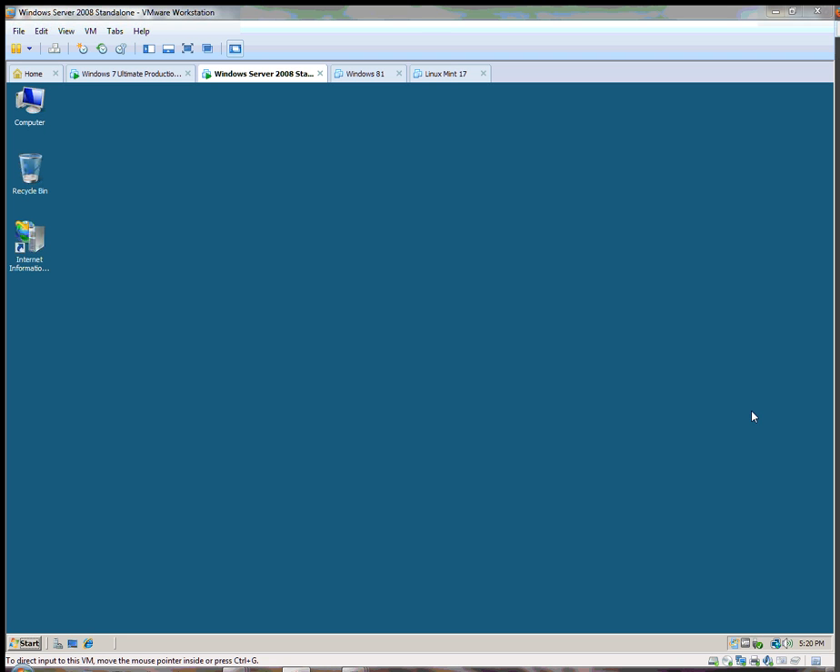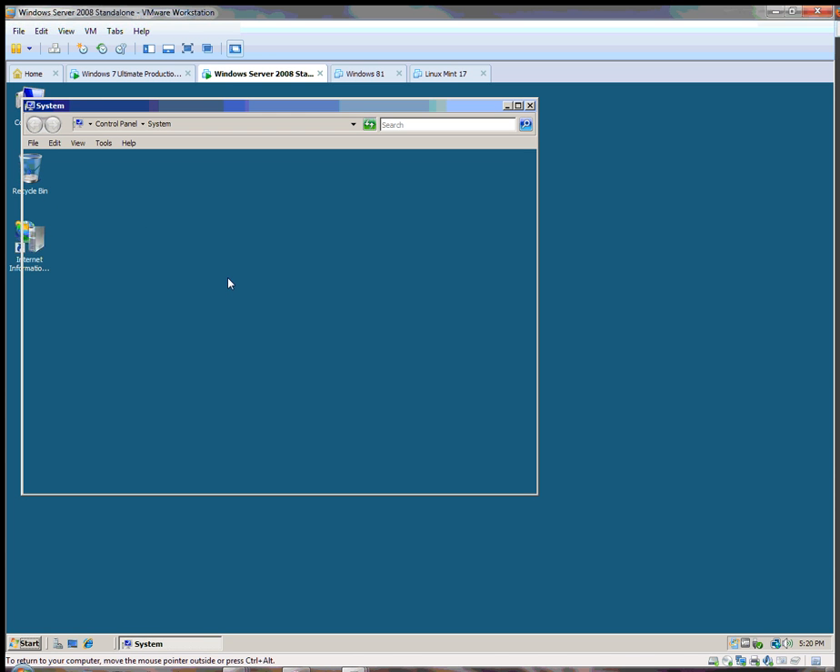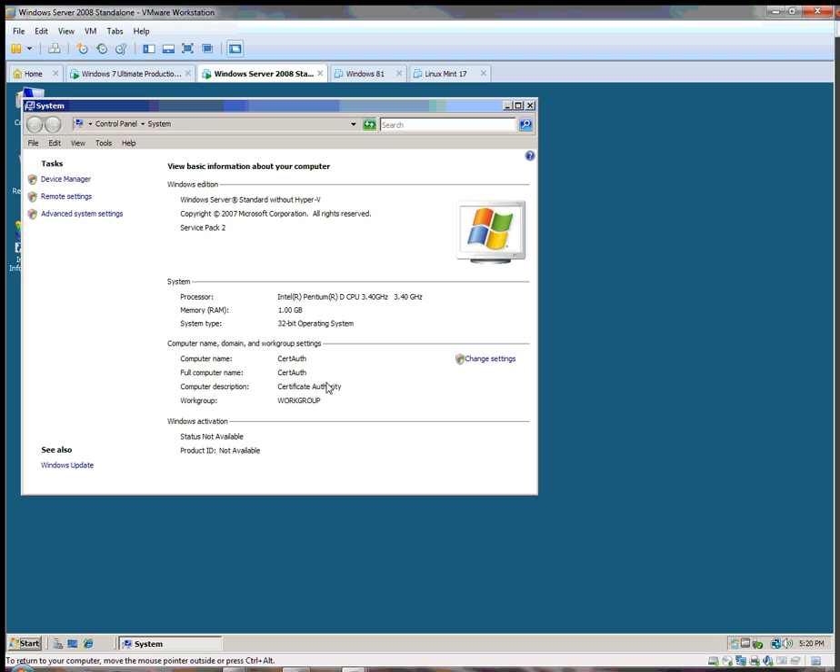function normally here. Alright, so I'm actually logged in as administrator here on this Windows Server 2008 machine, and let me right click on the computer and click on Properties and see that one of the things that I did initially here is this particular server was called a Win Server 2008 by computer name. I've gone ahead and changed the name of this server rather to Cert Auth, and the reason for